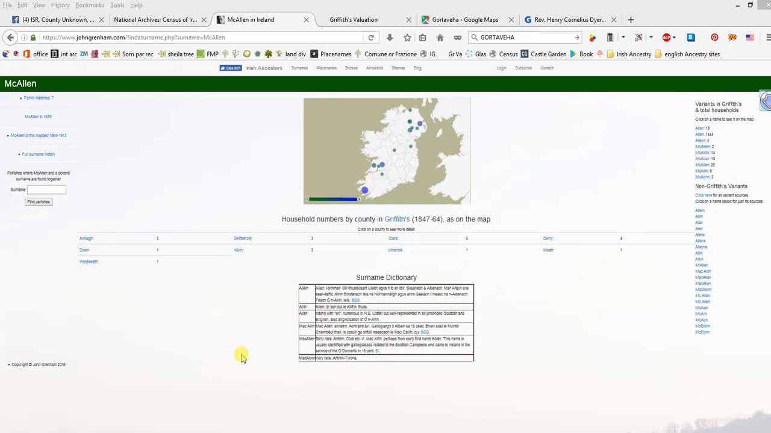Hello, my name is Martin and I'm going to show you how I use the Griffiths valuation to try and plot family members. As you may notice, we're not actually starting on the Griffiths valuation. The reason is this is a good way to quickly find out all the counties that the surname is mentioned in, and also possible abbreviations of the surname and how many corresponding people were recorded having that name in